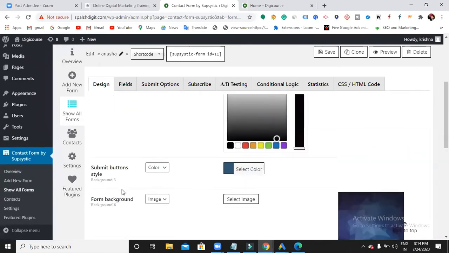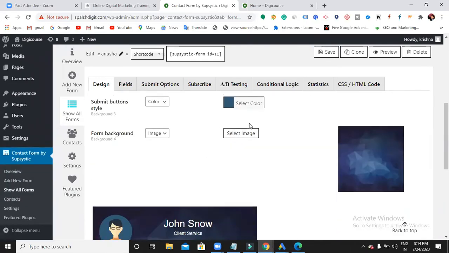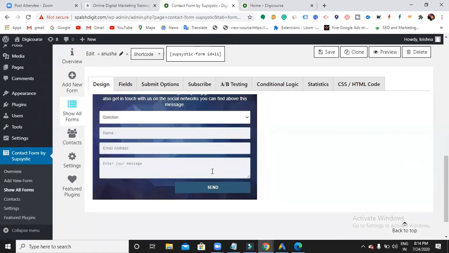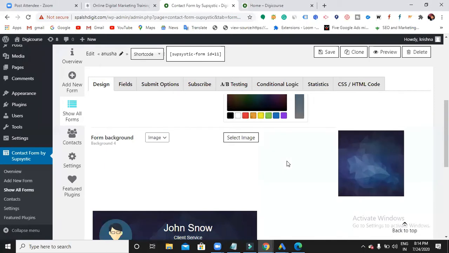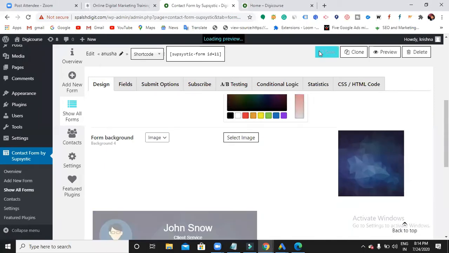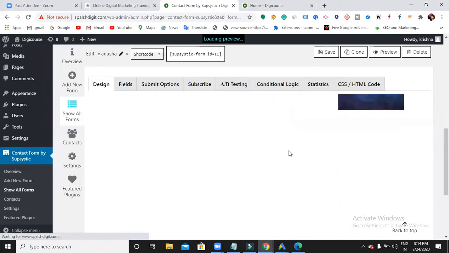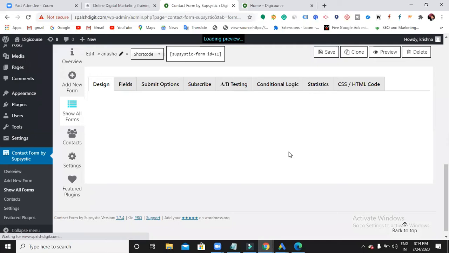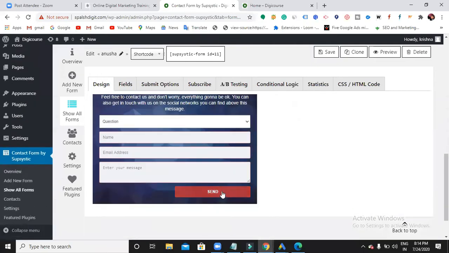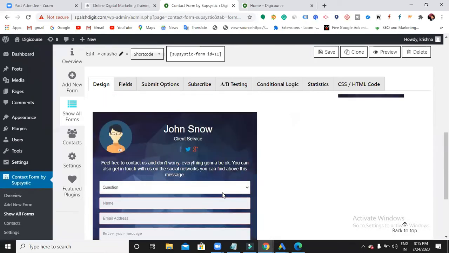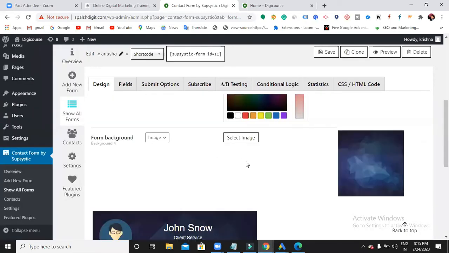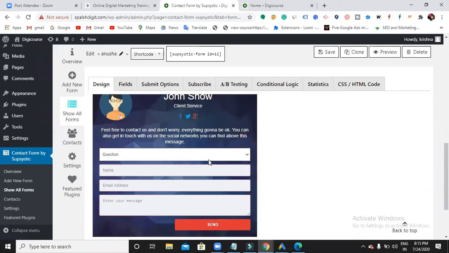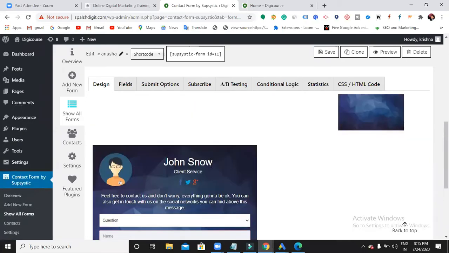Now the next, submit button style. So now the button style is in a blue color. Okay, so now let me change this. So let's go with the red. Save it. So can you see again? My button color got changed. It's a red color. Previously it was something like blue. So in such a way you spend some time and you can change the complete format and colors and the text as well. Okay.